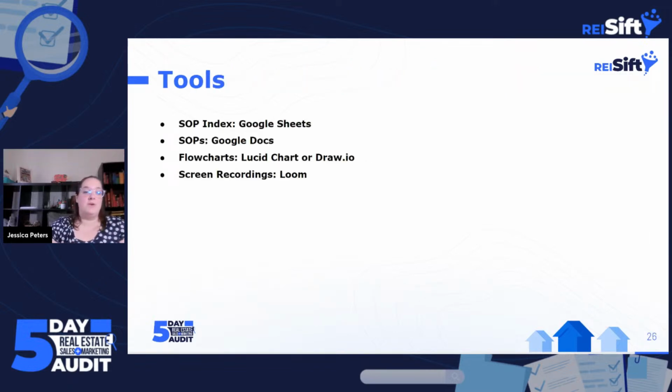All right, so I'm going to show a few of these SOPs in just a minute, but first some of the tools that we recommend that you can start using, because most of these are free. You can use a free version of Loom. I believe if you're using the free version, you can do 5-minute videos. Flowcharts: I'm going to show Lucidchart just briefly to show what I mean by using flowcharts. But there's also a free one called draw.io that does pretty much all of the same things. And then I use Google Docs to actually write out an SOP, and then I make an index or a database of what SOPs I've created in Google Sheets, which is like the Excel of Google.